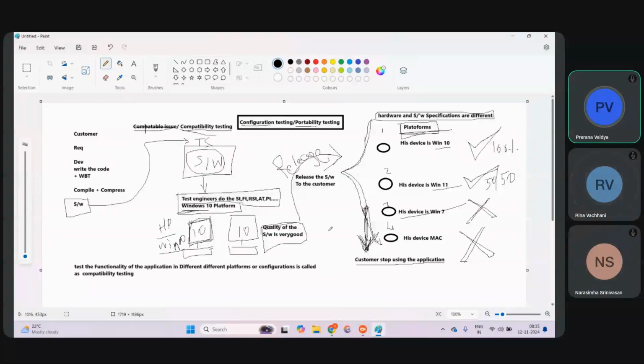Got it? That is the thing. So the software is different. This software, whatever is tested, is tested for this one. So it is working, but it is not working for other devices. So as a test engineer, what do you have to do? You have to do the